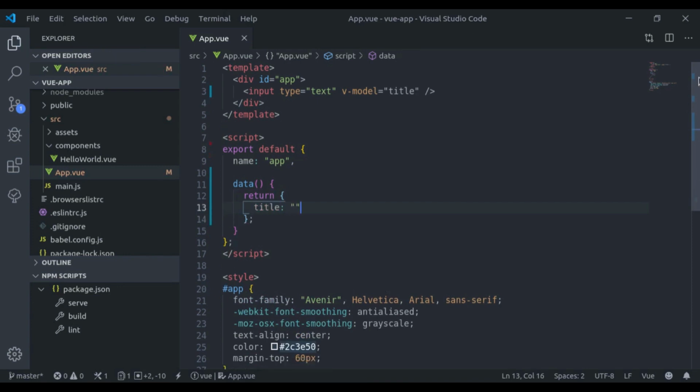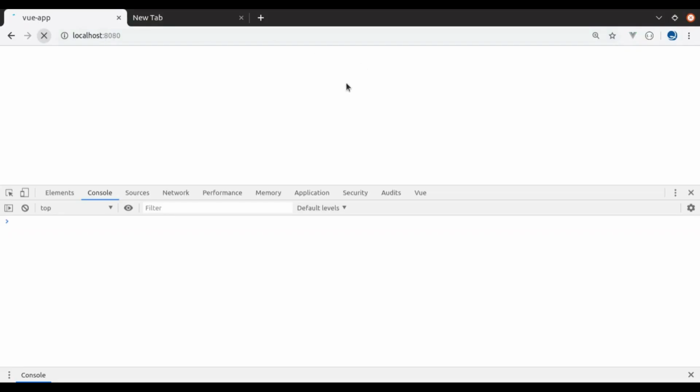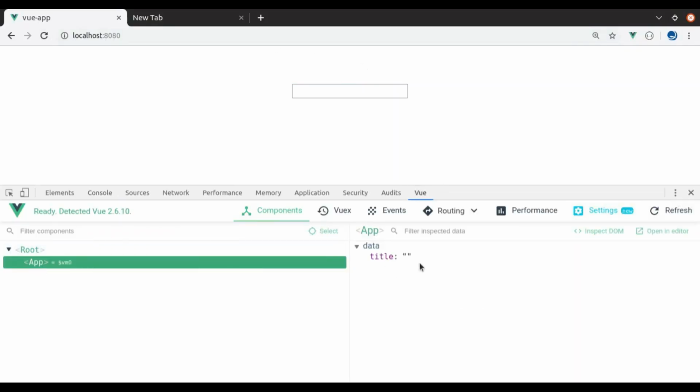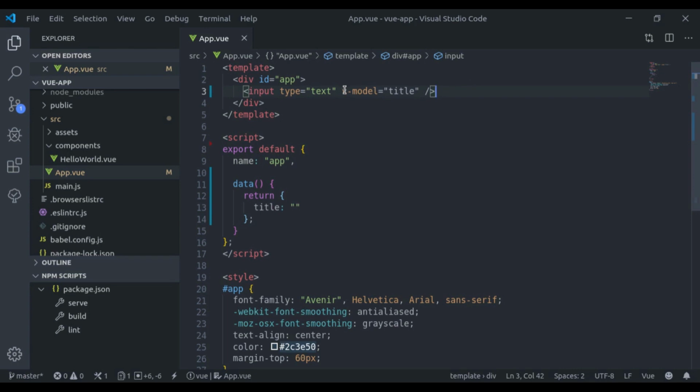This is very basic. You all know about this v-model that provides two-way data binding. Here in the Vue tab you can see as we type in here, it automatically updated right here. Behind the scene, it is doing two things. One, it is binding this input field with the title and listening for the input event and changing its value.